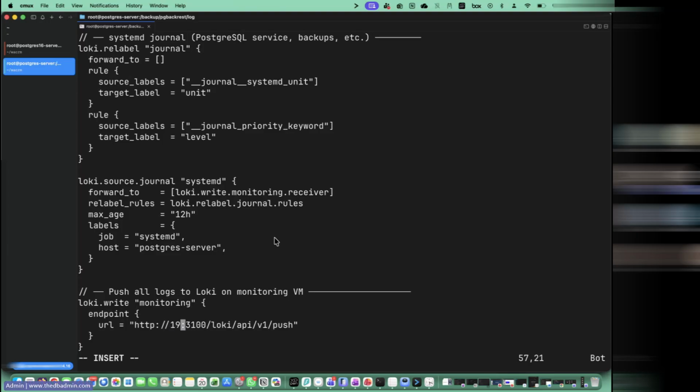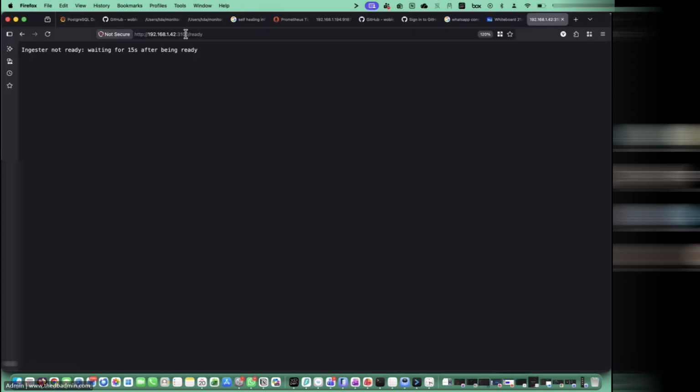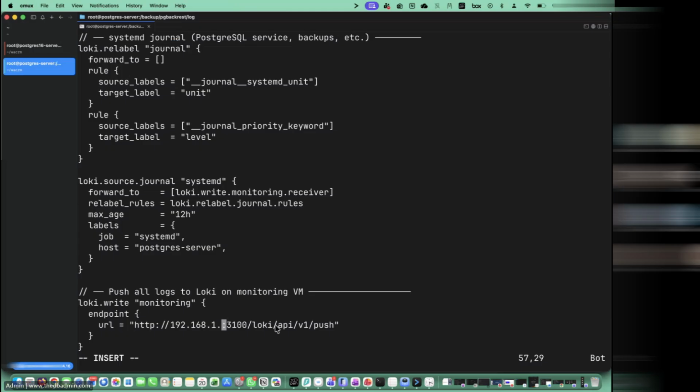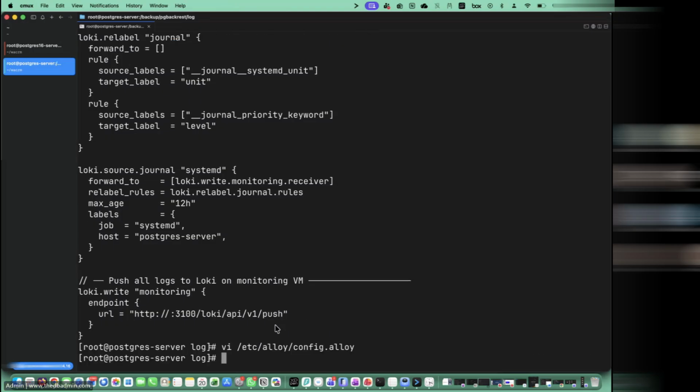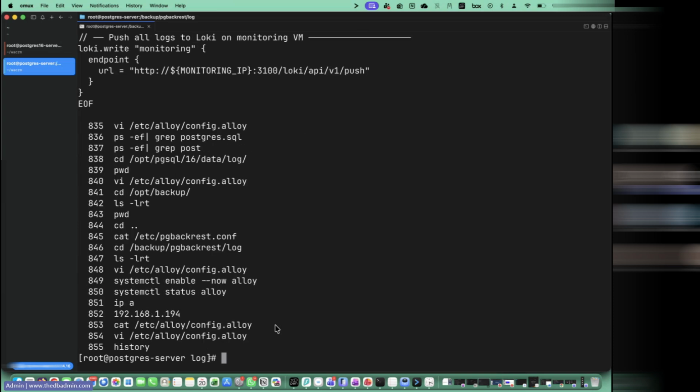Oh, what is the IP of our monitoring server? 192.168.1.42, right? 42. And then